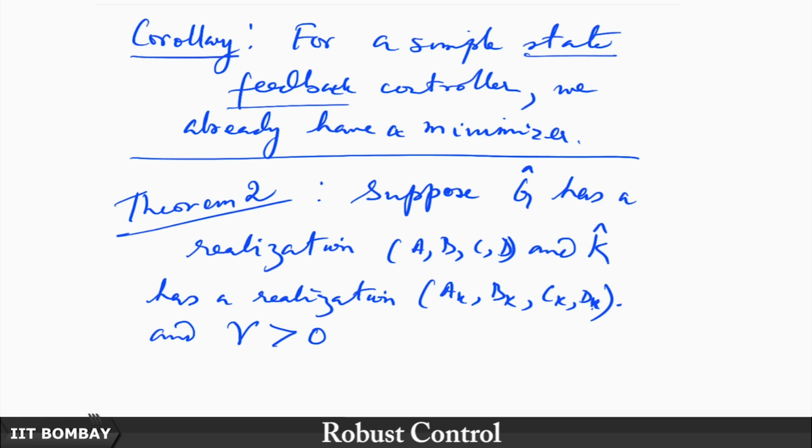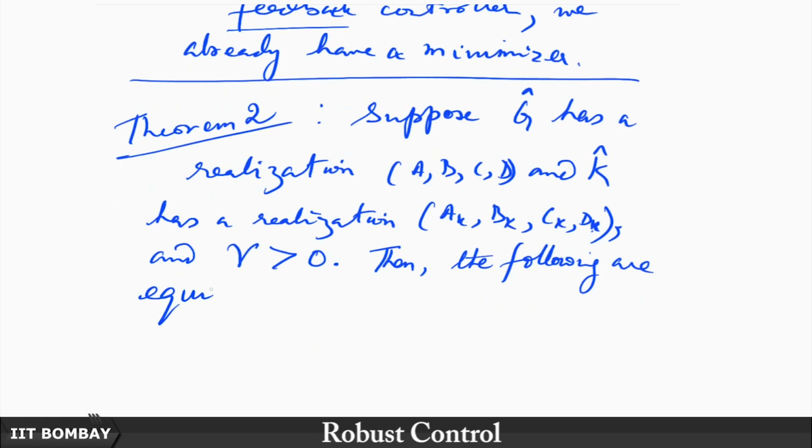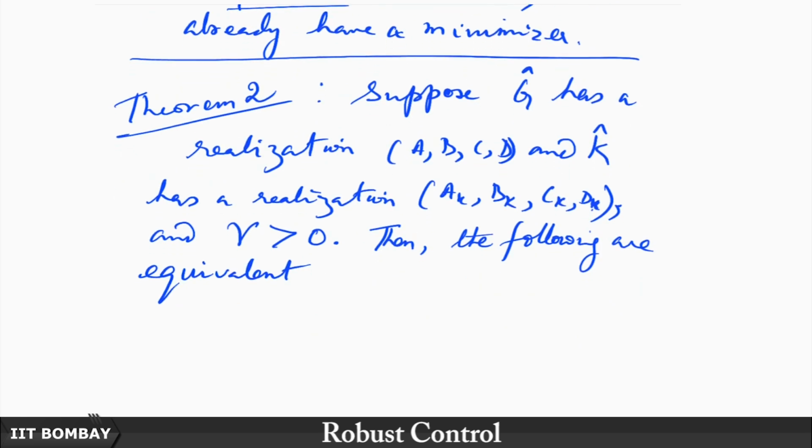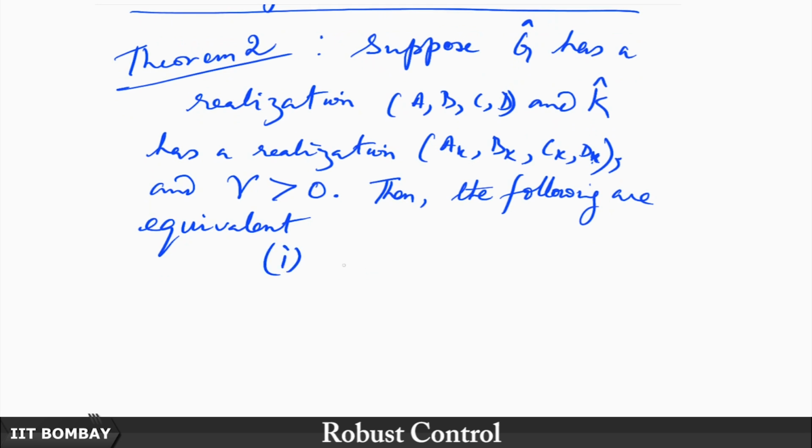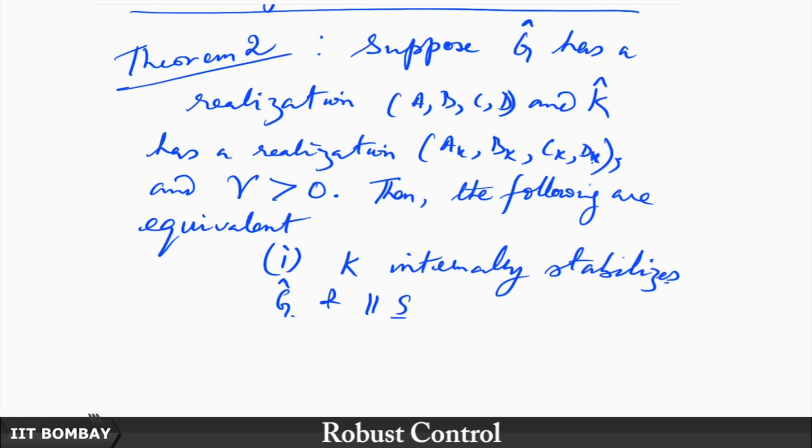Then the following are equivalent. What is equivalent to what? One, K internally stabilizes G and the star product's norm between G hat and K hat is equal to gamma,